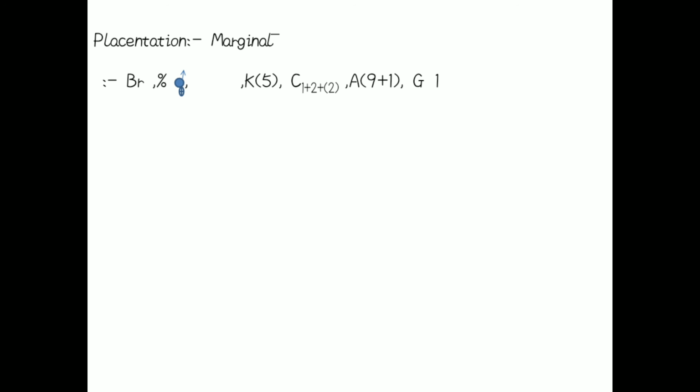So this is the floral formula. Br representing bracteate. This percentage-like symbol shows the zygomorphic character of the flower. Then the male and female are present in the same flower, so it is bisexual. Calyx: first of all, the calyx are 5 and they are united, so it is shown in a bracket. We call it gamosepalous.